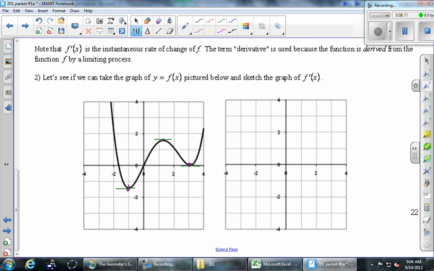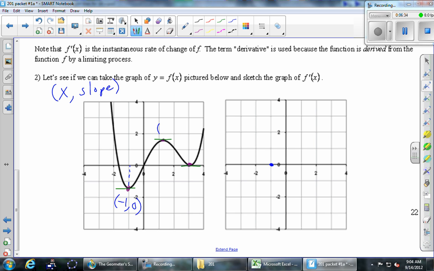So I'm going to put right here an ordered pair of numbers. Let's just ballpark. What is the x value for that bottom point? -1, comma, and then the slope. So it's x, and then the slope. That's what we're plotting. What's the slope of that line? It is 0. So I've got a point -1, comma 0, which I'm going to plot right over there. That point is on my derivative function.